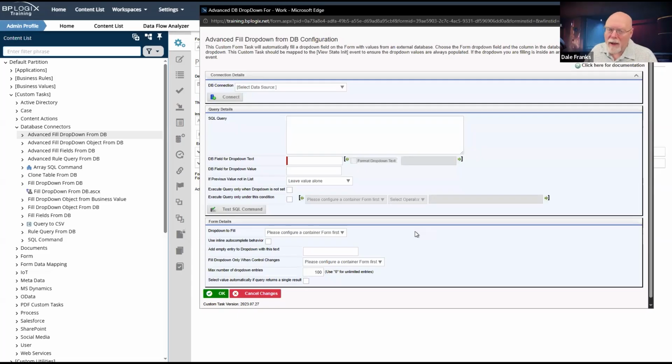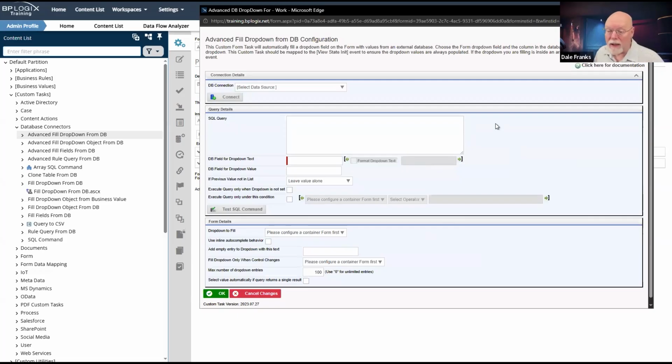They have largely been deprecated by the existence of business values. Because with a business value, you can just go to the Set Form Data tab of a form definition, or the Fill Dropdowns tab of a form definition, and you can fill the dropdowns directly from a business value. Or you can set database fields directly from a business value. So you don't really need these custom tasks anymore.